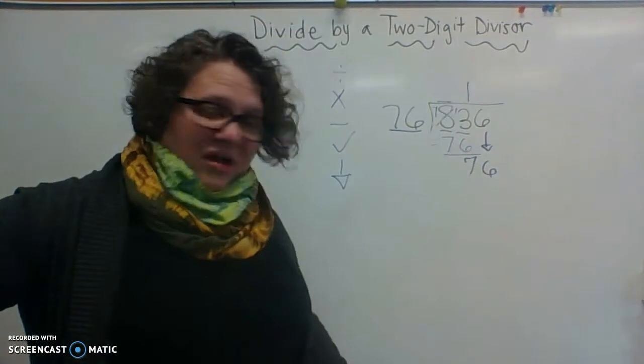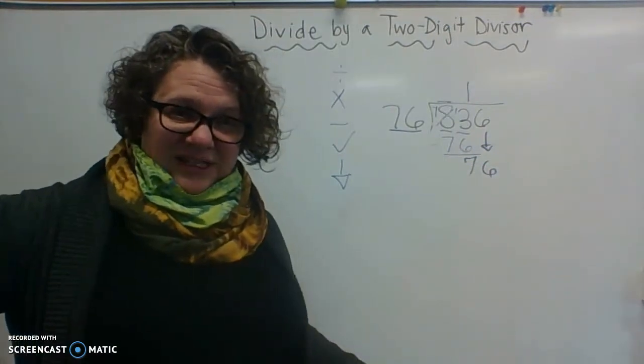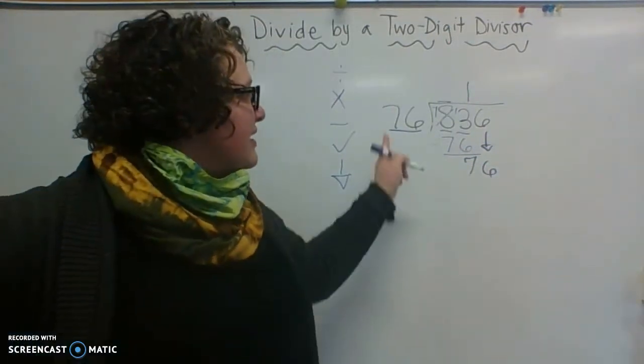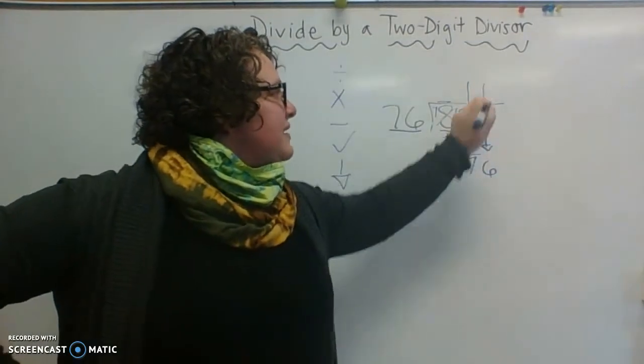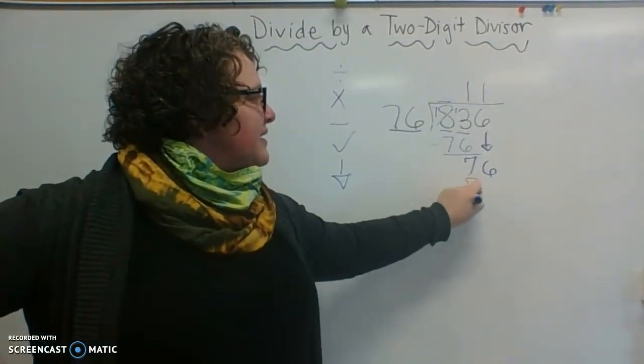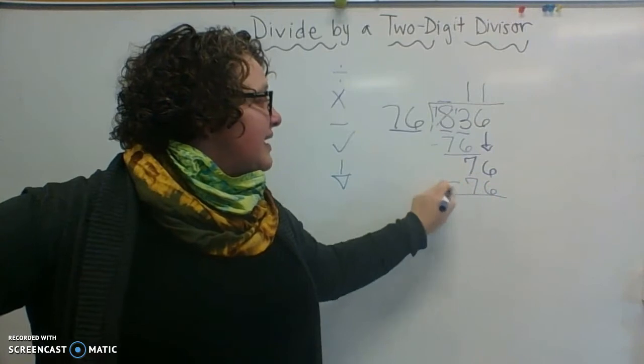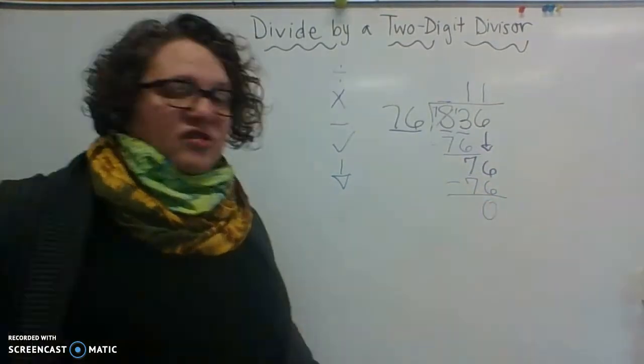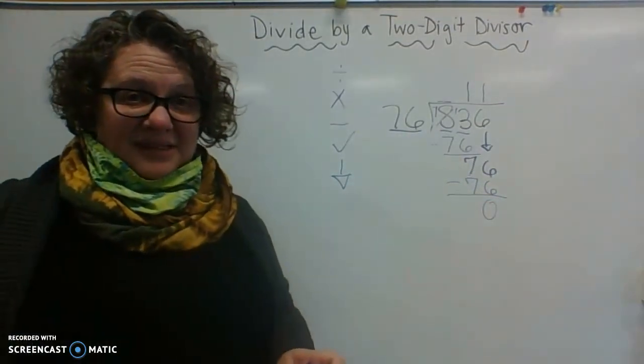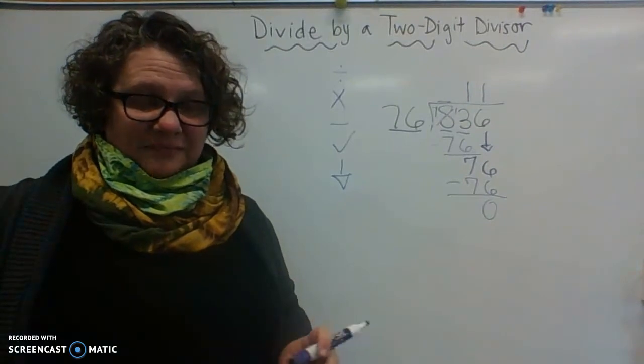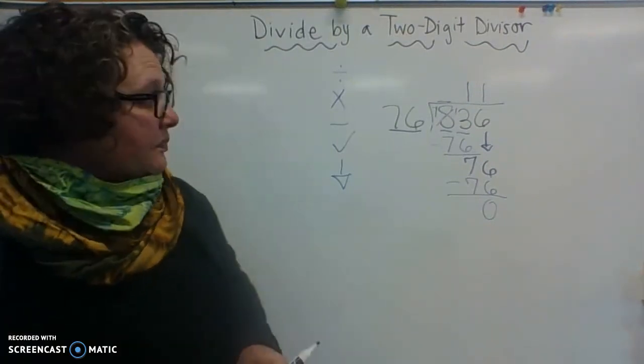And oh, how convenient! I have a 76 right there. So 76 goes into 76 one time. 1 times 76 is 76, and we subtract and get 0. So we have no remainder, and the answer is 11. Okay. The next problem